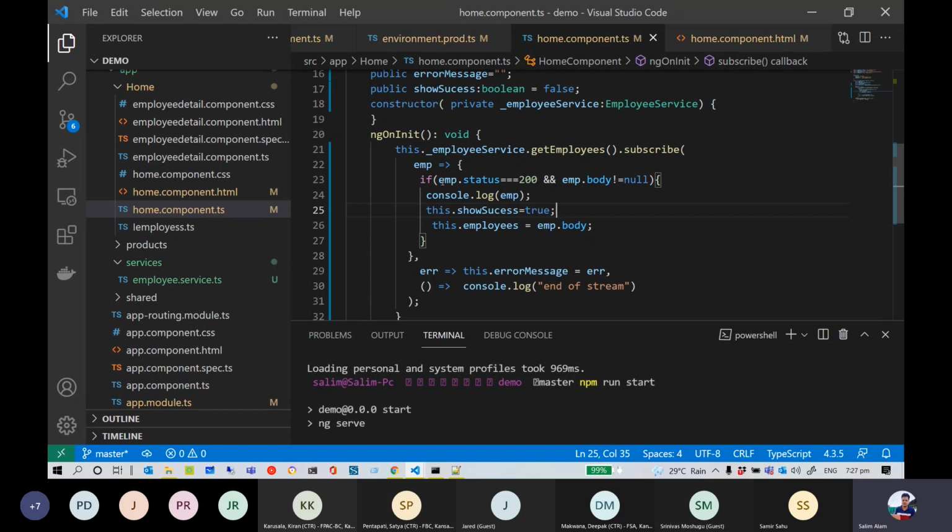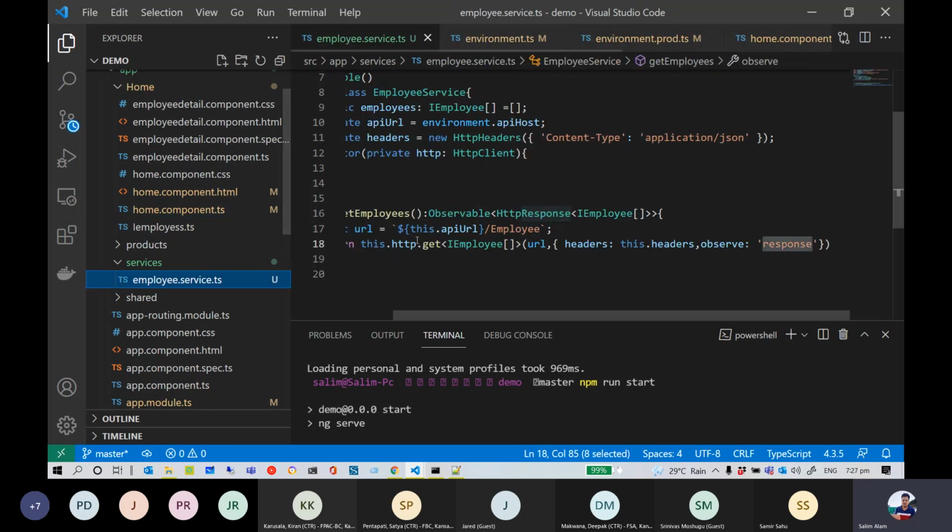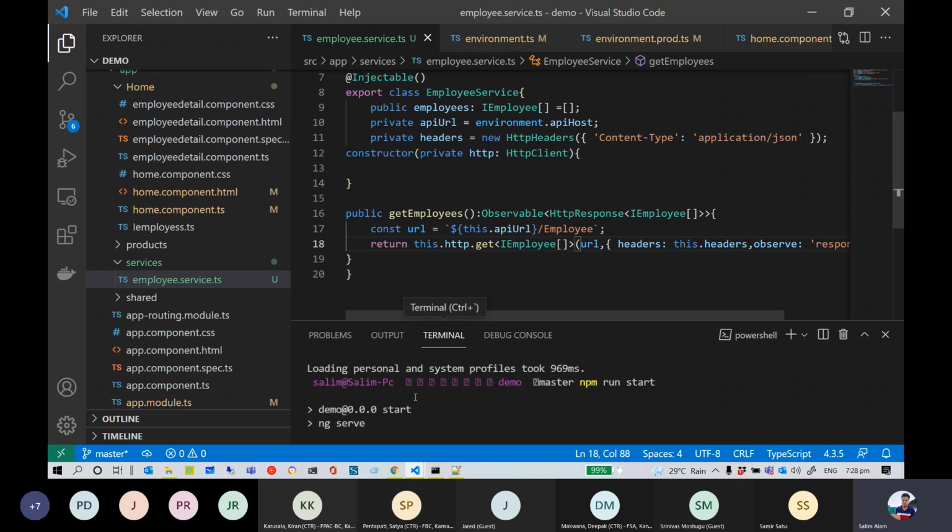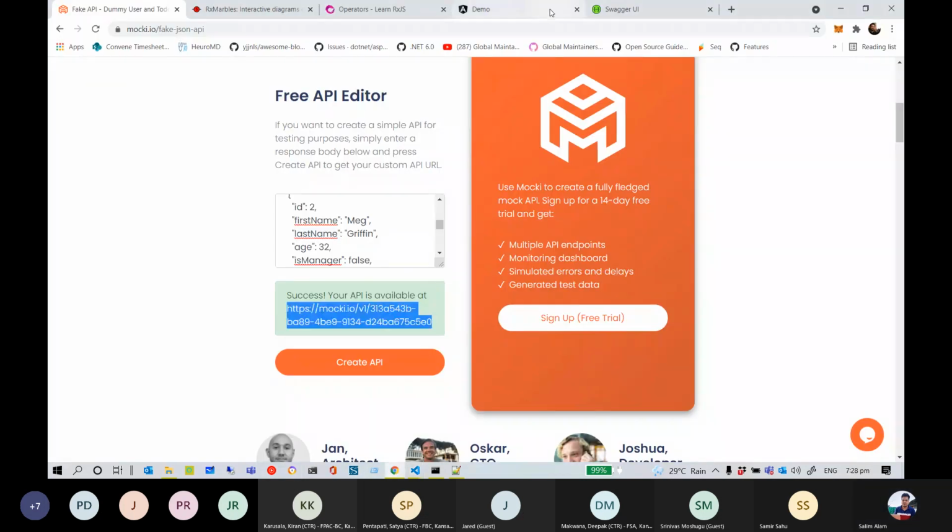So you can absolutely handle the HTTP response here. But to do that, we have to use the HTTP response type here. If we don't use the HTTP response type, we won't be able to tap into and work with the HTTP response data that we receive. And to just show you now,